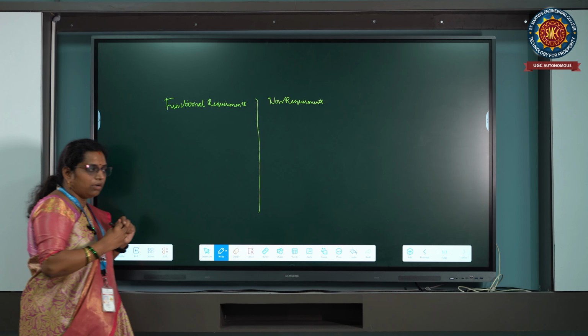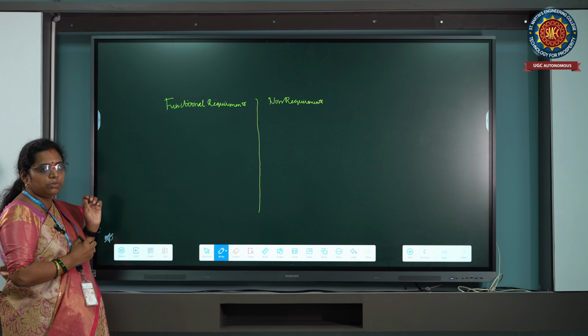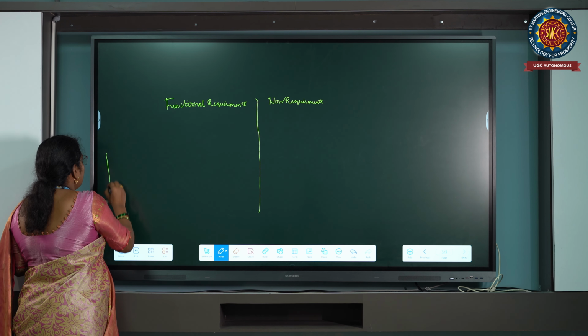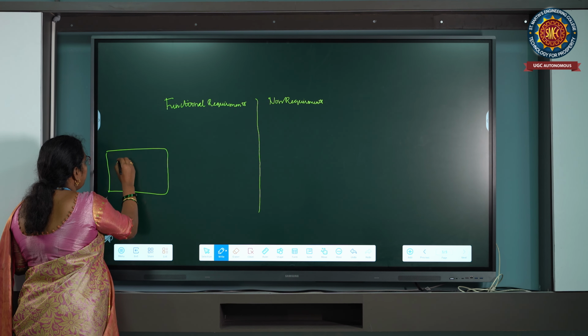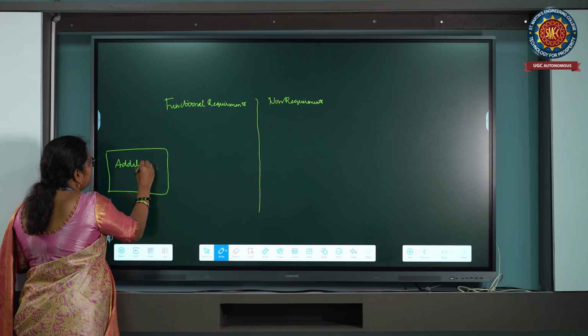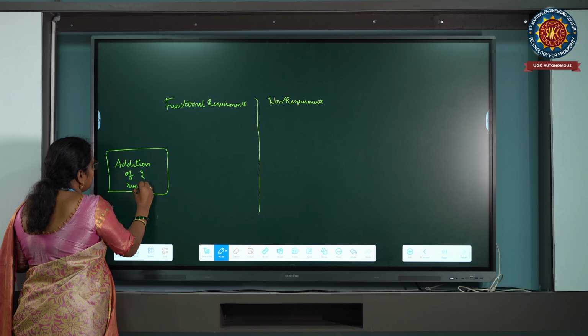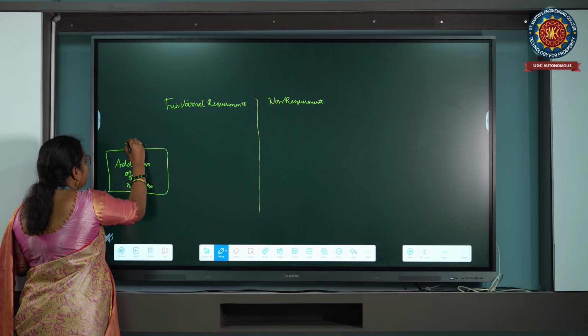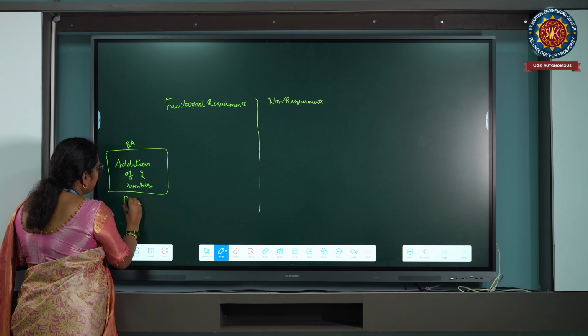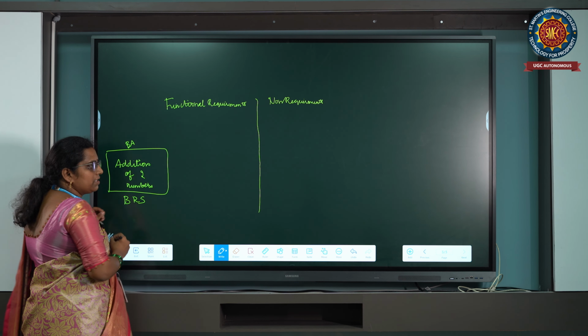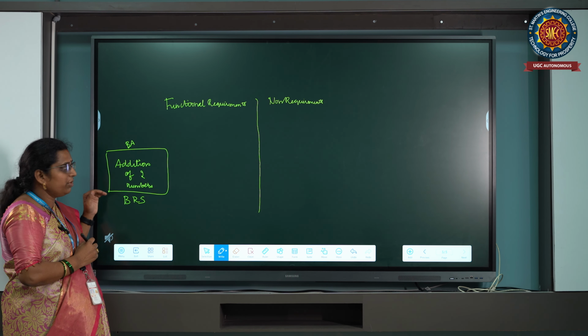As I told you, the business analyst is going to decide what should be there. Suppose you take addition of two numbers. This is the information gathered by the business analyst, in the business requirement specification, that is the BRS.